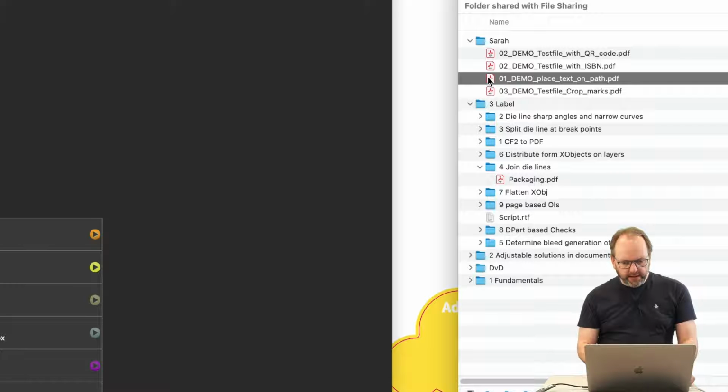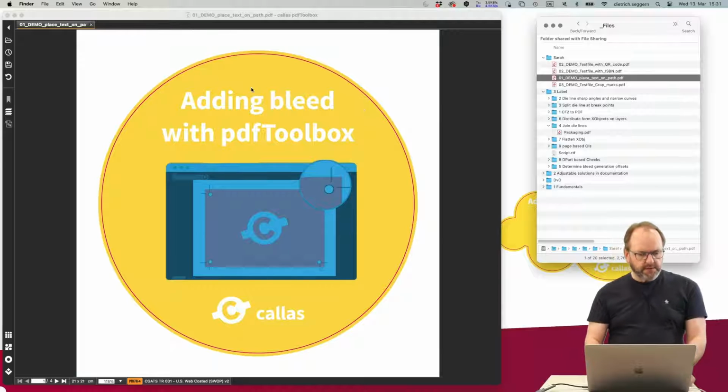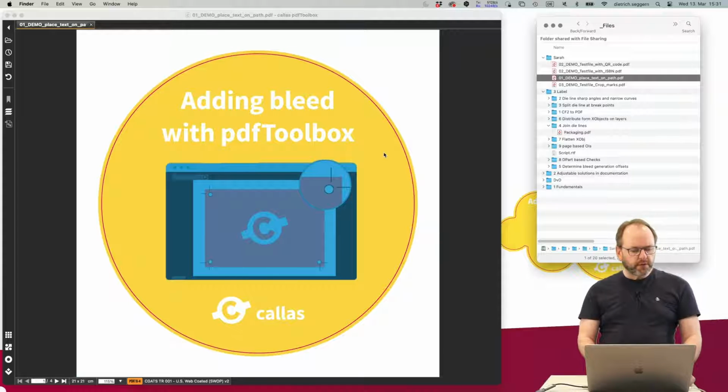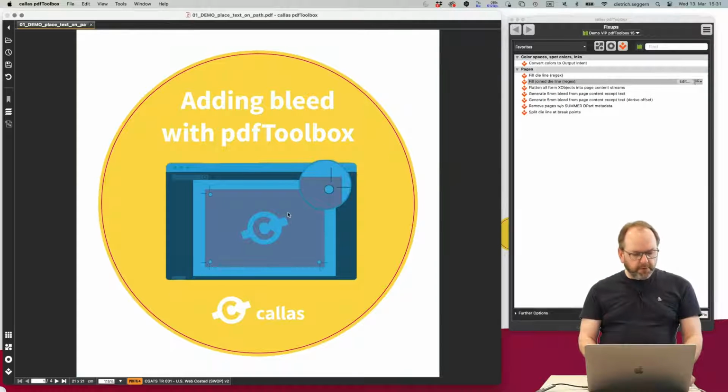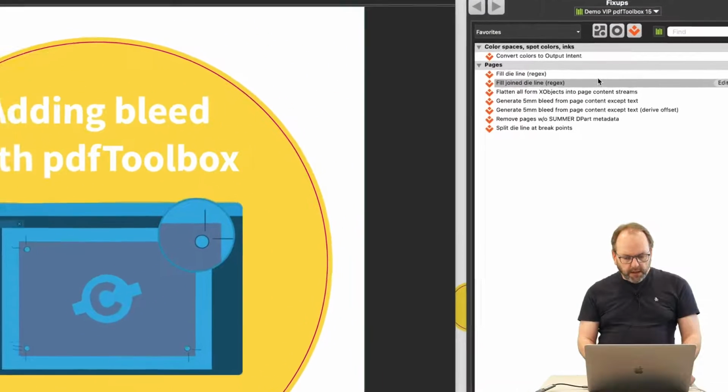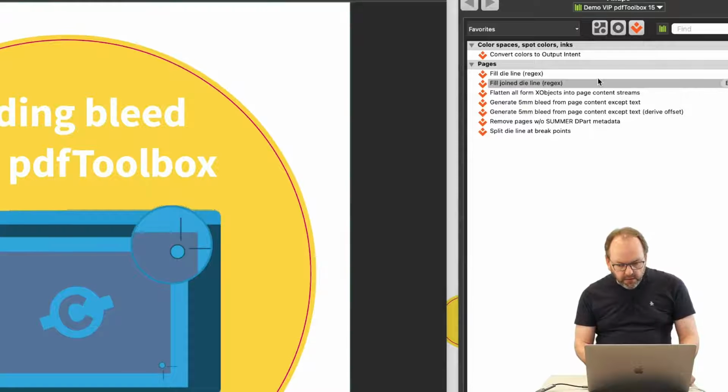The file I am going to use is this one, and you will see that it has a cut contour. There's actually multiple pages, and we'll see the result in a second. And then I also